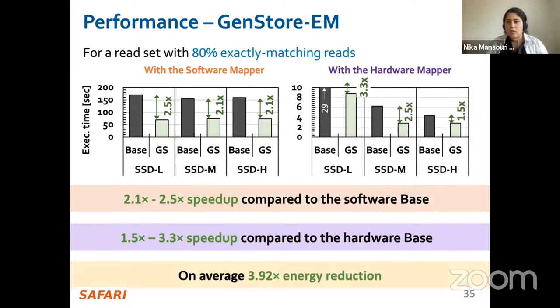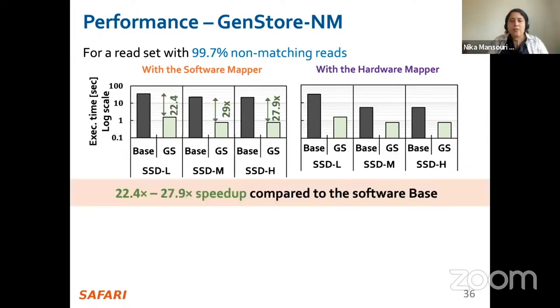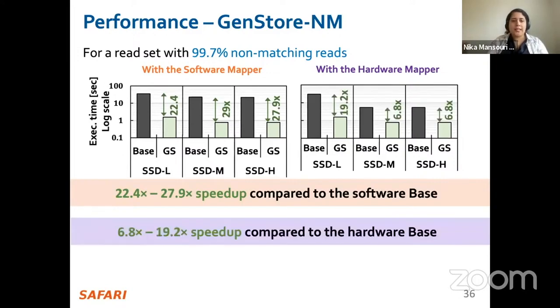And it also provides an average 3.92 times energy reduction. So now let's analyze the benefits of GenStore-NM for a 12 gigabyte long read set with a very high degree of genetic variation compared to the reference genome, where 99.7% of the reads do not match to any subsequences in a reference genome. So now we show the benefits of GenStore on software and hardware read mappers. And we show up to 27.9 times the speedup compared to the software baseline, and 19.2 times the speedup compared to the hardware baseline, and an average